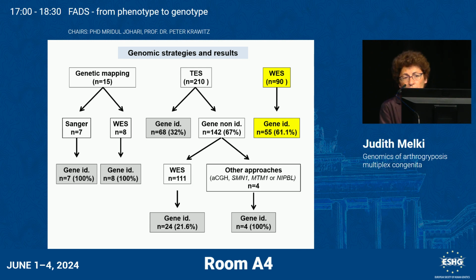I have to also mention that when there is no diagnosis and no gene identified, it's important to remember that we have to perform array CGH, SMN1 gene analysis, because it could be associated with arthrogryposis, and also DMPK for myotonic dystrophy, which is also associated. So this is important during pregnancy, to propose these associated examinations.